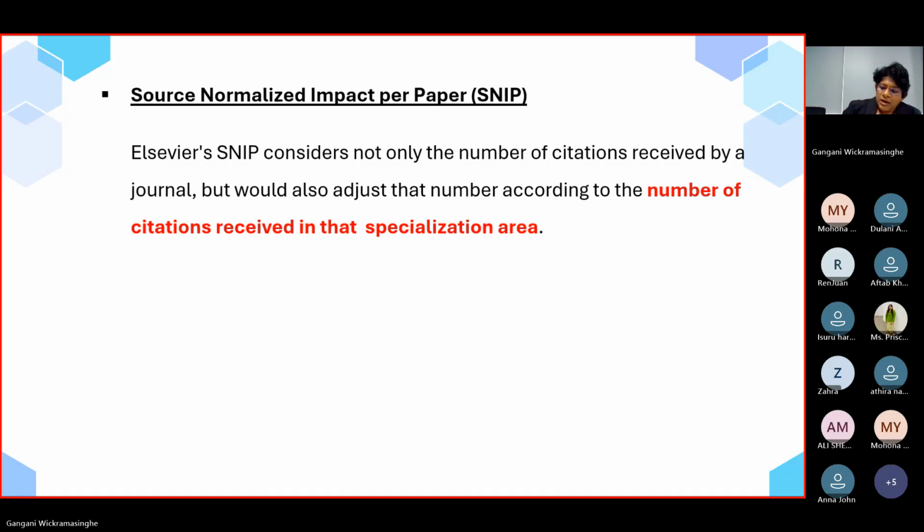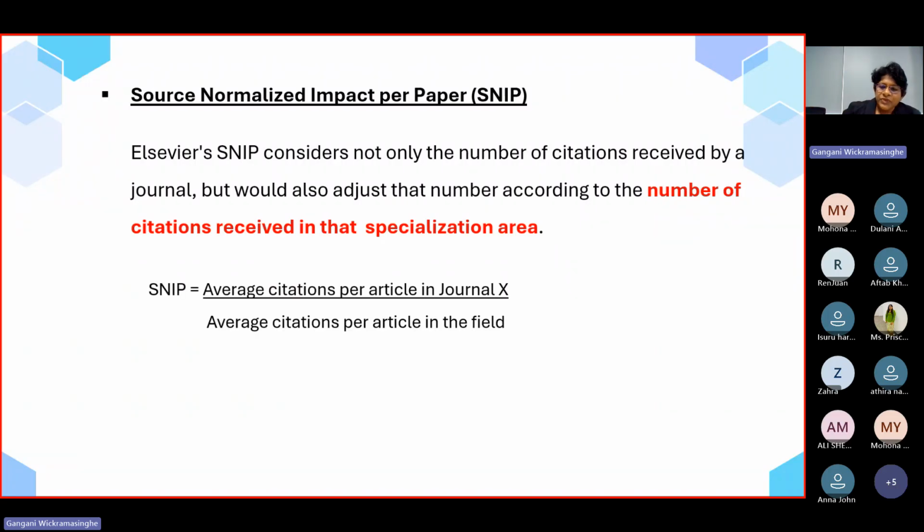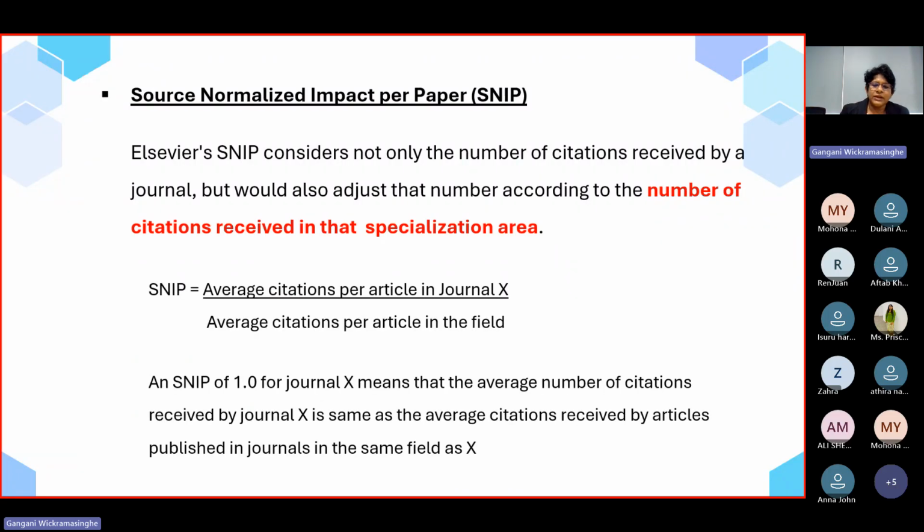So this is also calculated by Elsevier. Now, if I take an example and go through the calculation of SNIP,